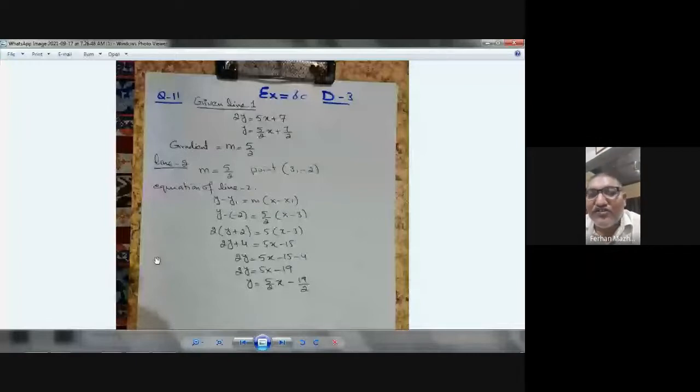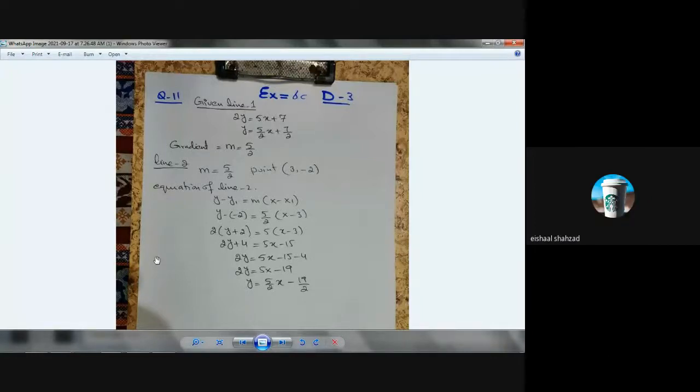Hopefully you have understood. The procedure is very simple, but the actual thing is you need to understand the language in which he tells you the story. Do you understand this? Procedure wise it is very easy, but the actual thing is you should be able to understand the story which they are telling you in the question.